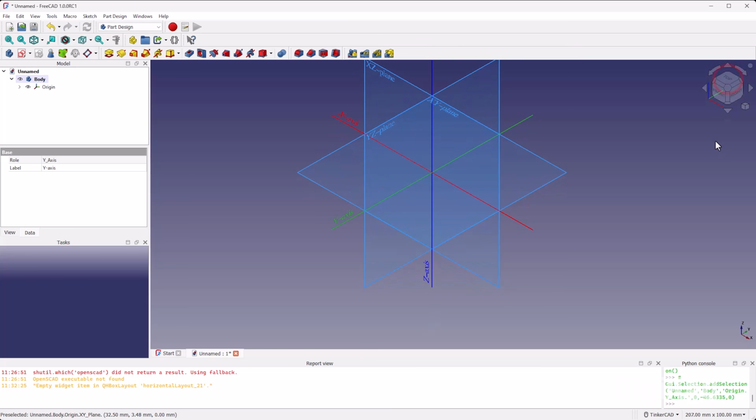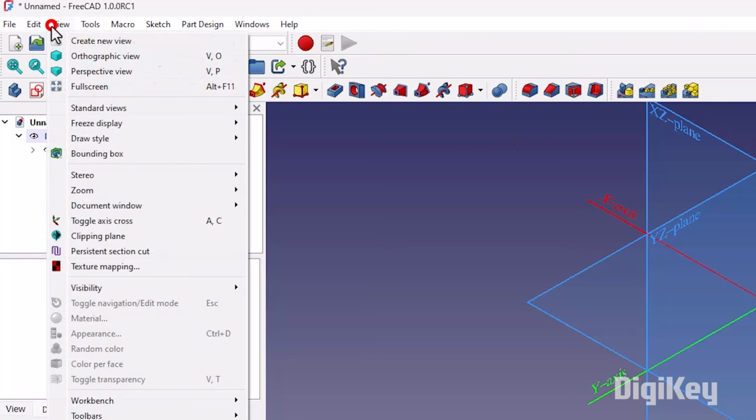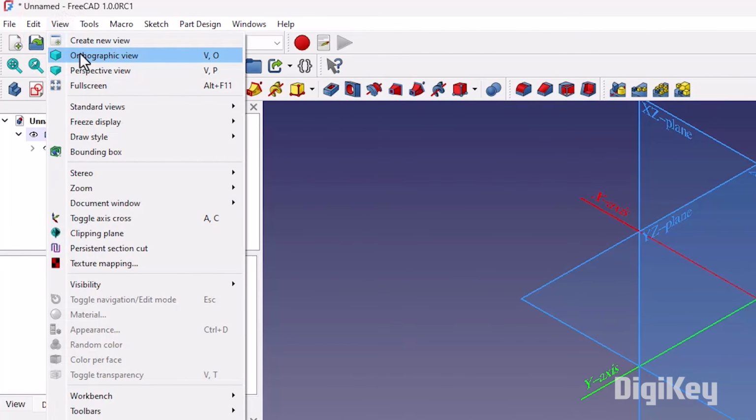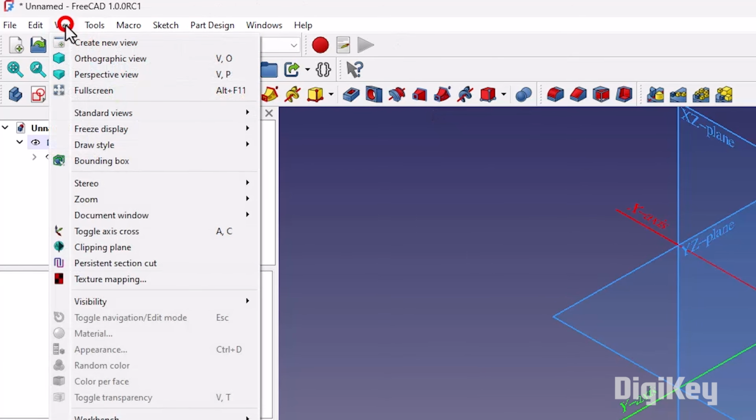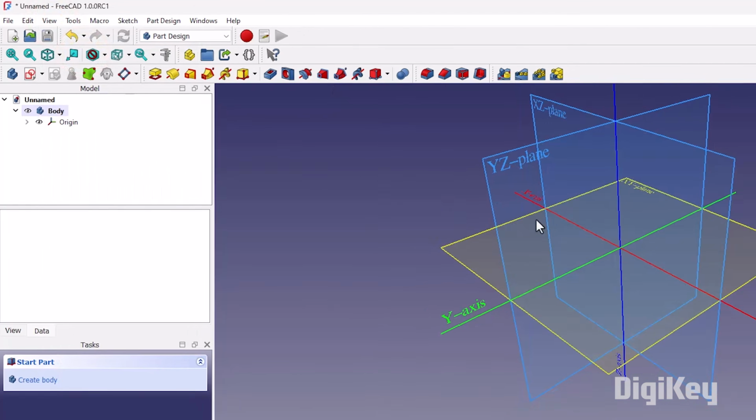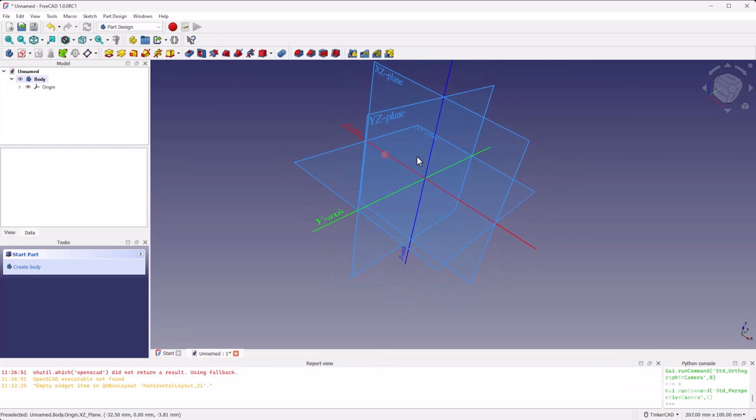The little cube icon gives you the option to change the perspective. You can also find these options in the View menu. Orthographic is the normal view style for most CAD programs. There is no perspective, so objects farther away appear to be the same size as those closer to the camera. This is very helpful when trying to line up different features in a 3D shape. If you'd like to enable perspective, you can click on the perspective view. This can be useful to see how an object might look in real life, but usually I leave it off